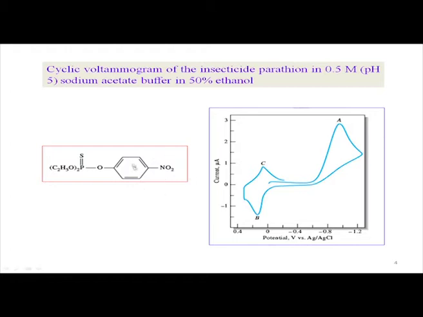So now we will find that this is the C part. That means this nitro function is showing the electroactivity for your parathion molecule. Since this molecule is attached, it is not the only nitro group, and nitrobenzene can have a different mode of reactivity, and sometimes nitrobenzene may not show this sort of electroactivity for your measurement. So it is this particular compound which is very specific for the parathion compound for its electroactivity to show first the reduction at A, then oxidation at B, and again another reduction at C.